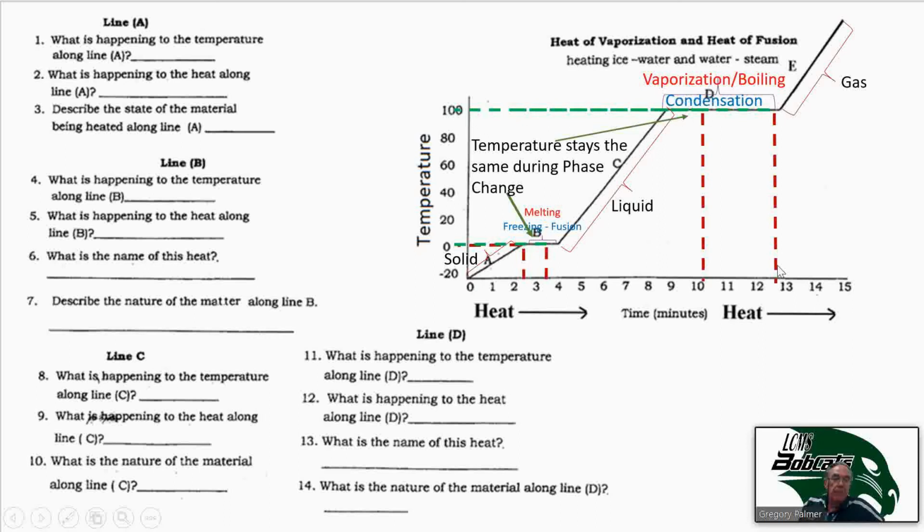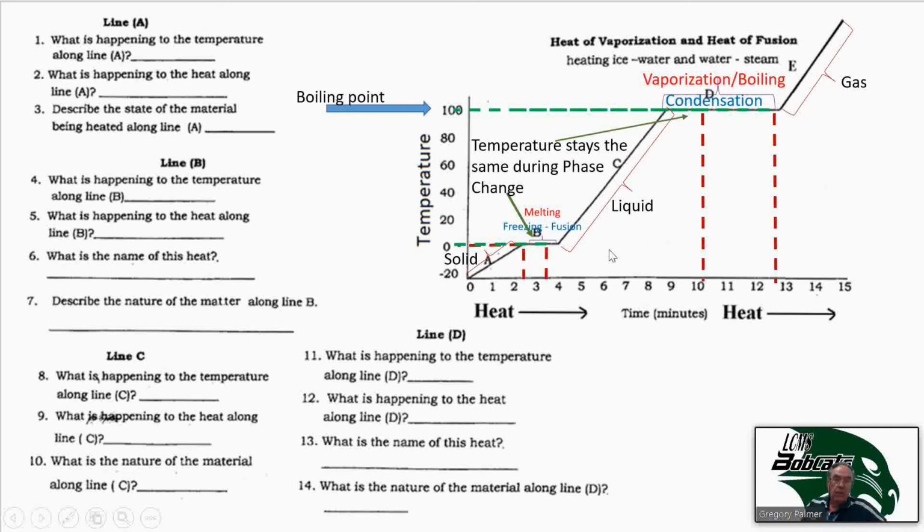It's 100. A little while later, the heat is still on, the heat is increased, the time the burner's been on has gone up. We look over here, and the temperature is still 100. So during this time of phase change, the temperature does not change. And this is one of the reasons why cooking with water and boiling things is so useful. Because once the water on the stove reaches the boiling point, you don't need to worry about the water getting any hotter. It just stays there at that boiling point,